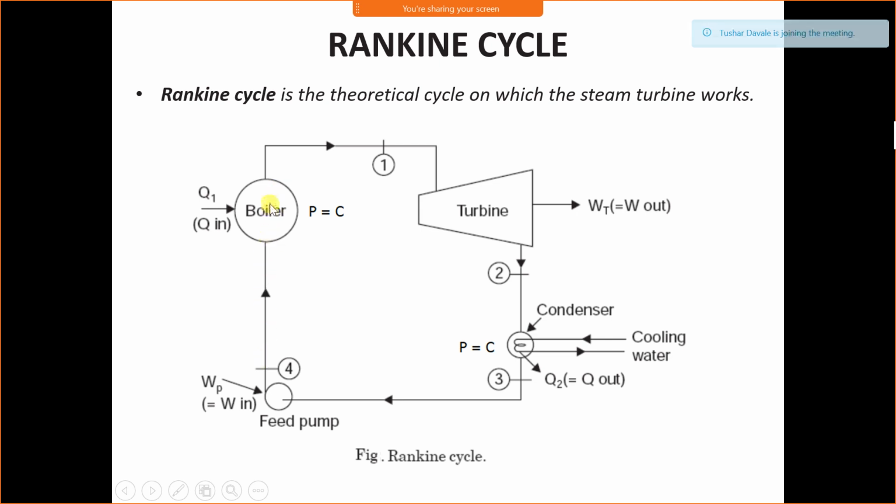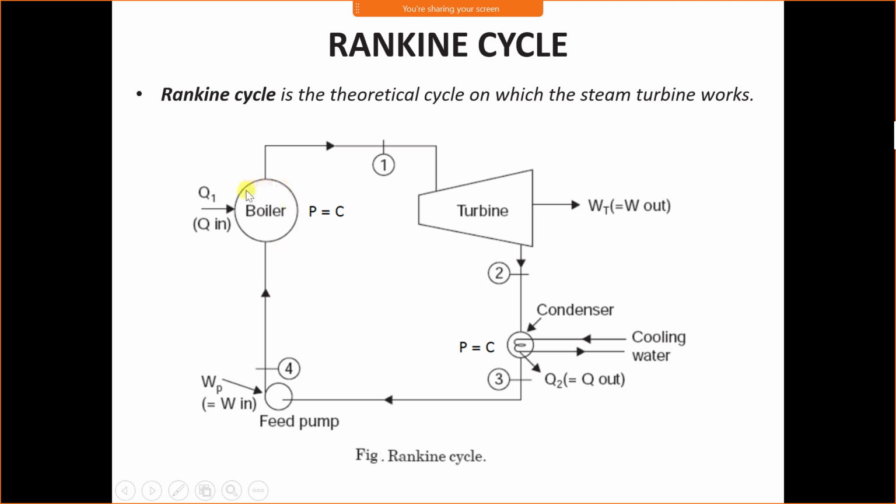Okay, we'll start from the boiler. From the pump, subcooled water enters. Subcooled water means it is not saturated, it is not about to boil. Suppose we are considering atmospheric condition, water boils at 100 degrees Celsius. It means water below 100 degrees Celsius at atmospheric condition is called subcooled water. But the condition is different inside the boiler, therefore we cannot say the temperature is below 100 degrees. It may be above 100 degrees, but it is a subcooled liquid because pressure inside the boiler is very high.